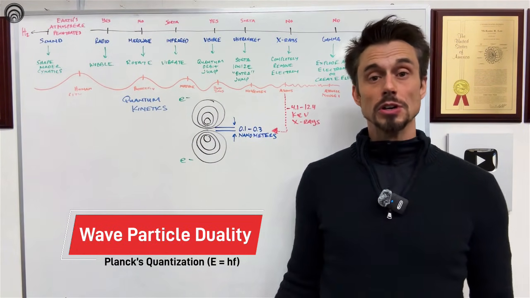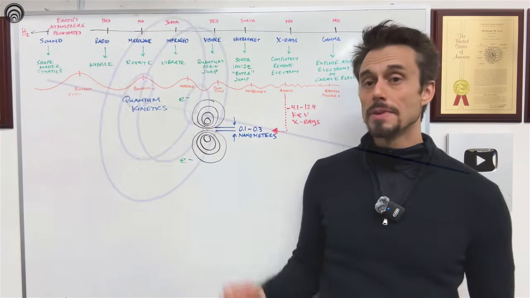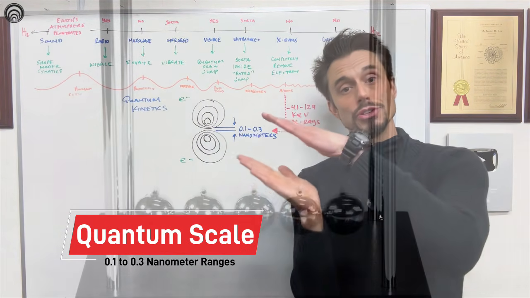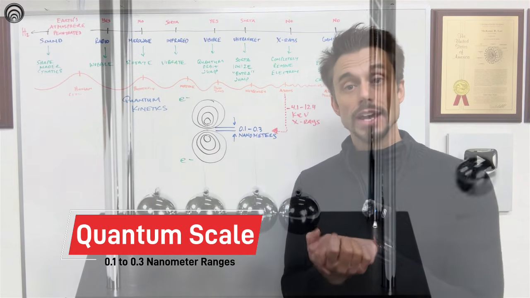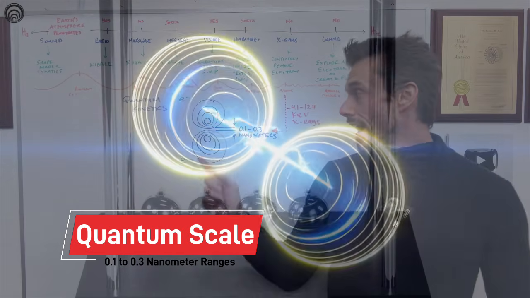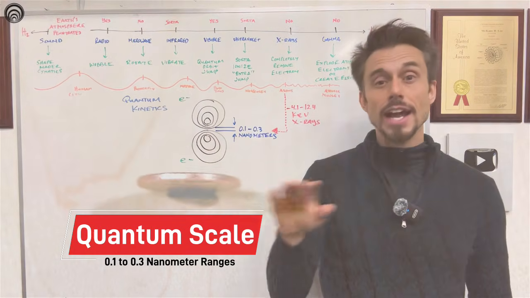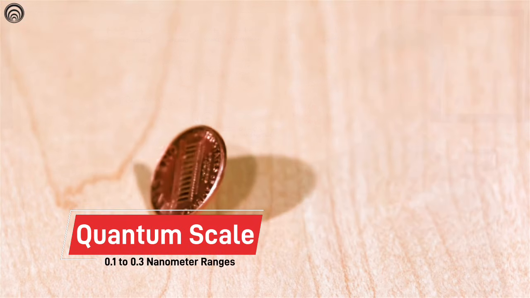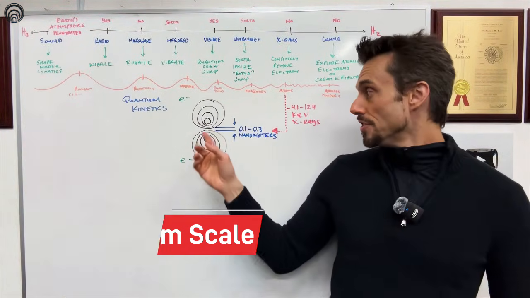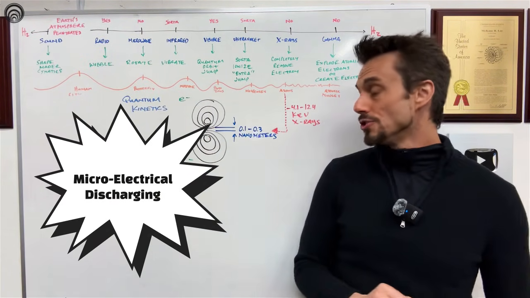So now that we know about the ultraviolet catastrophe and how this relates to the quantum kinetic effects, we can actually talk about the space charge polarization that happens between two electrons as you put your hands on the steering wheel, or you put your hands on the linens, or you put your head on a pillow. The interaction space actually creates a 0.1 to 0.3 nanometer spacing between everything that you interact with. If you pick up a pen, there is a space between you and the pen. If you pick up a penny, same thing. And this spacing between the two objects, your hand and a penny, is actually 0.1 to 0.3 nanometers